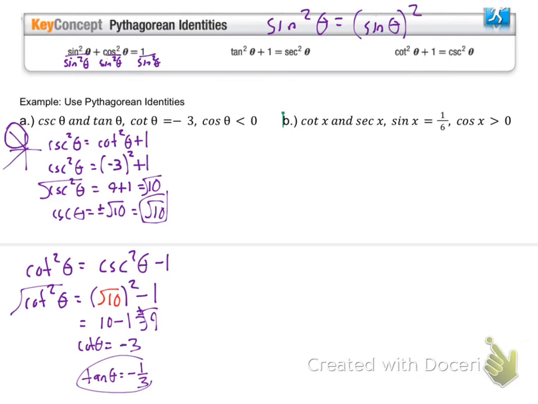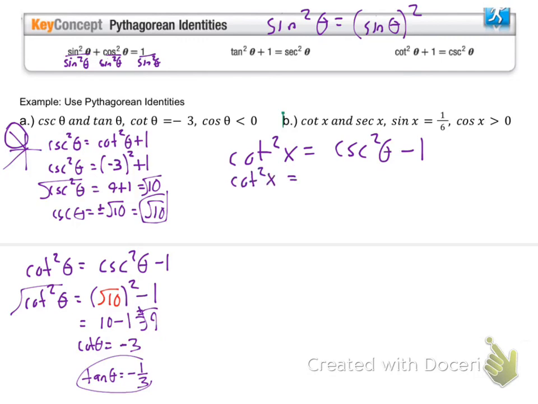The next one I want you to solve for cotangent x and secant of x, but all you're given is sine of x is 1/6, while cosine x has to be greater than 0. Try this one on your own for a second. Which of the three am I using to find cotangent? I think the last one, right? So cotangent squared x is equal to cosecant squared x minus 1. I just rearranged it a little bit. Okay, so if that's the case,